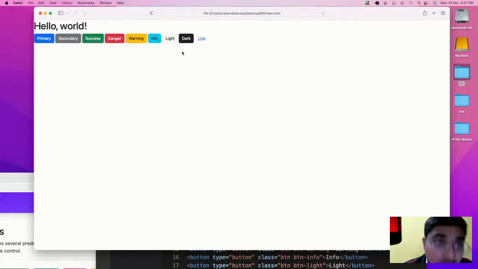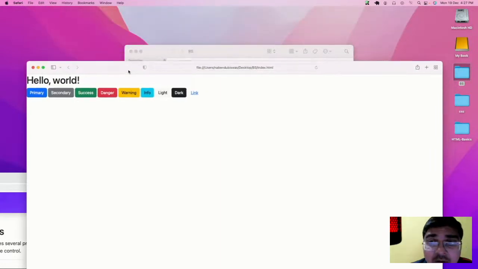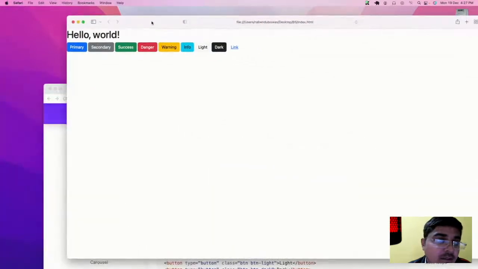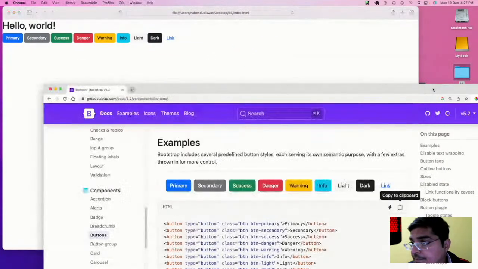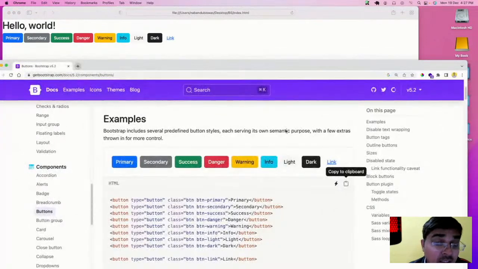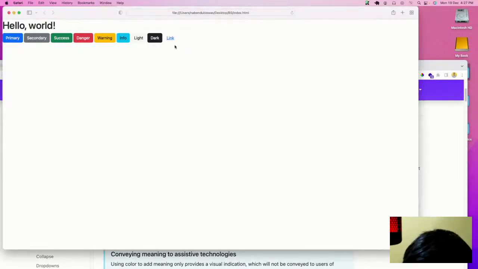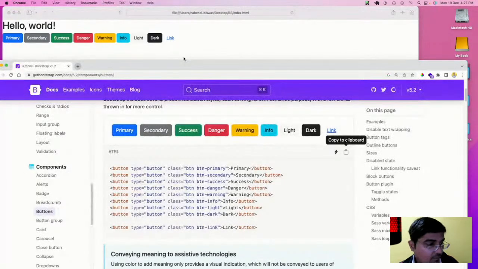See, simple. Our VS Code has been included here. So we have buttons, what we see in the official documentation. Fine. So here you can see what we did. Simple, we copied all the code using this copy button and pasted it in the VS Code. So all our buttons are ready, even with this link tag. Okay. So now what we do,